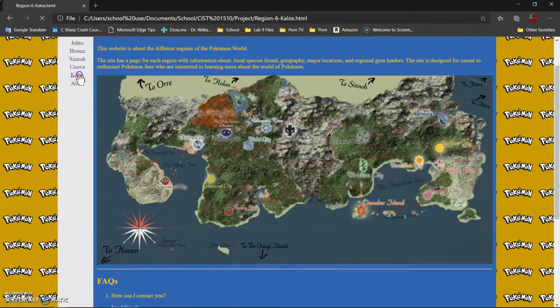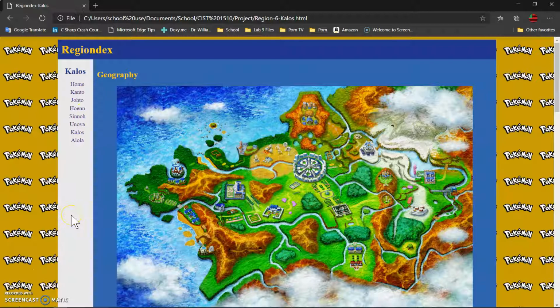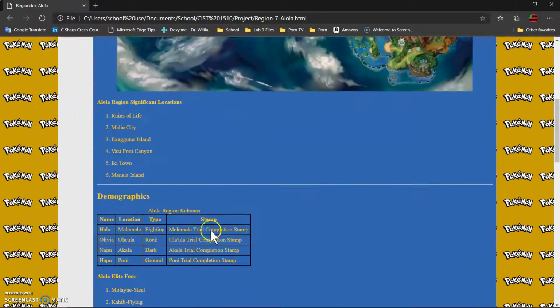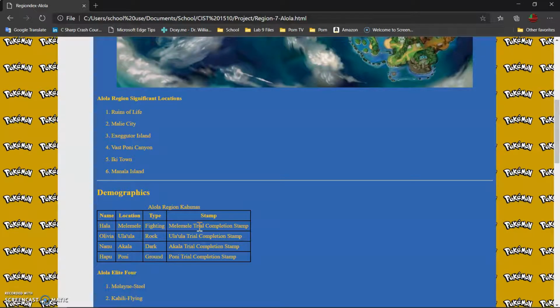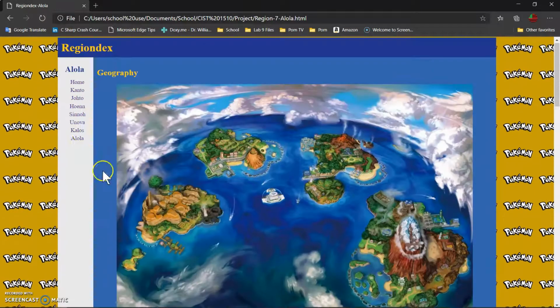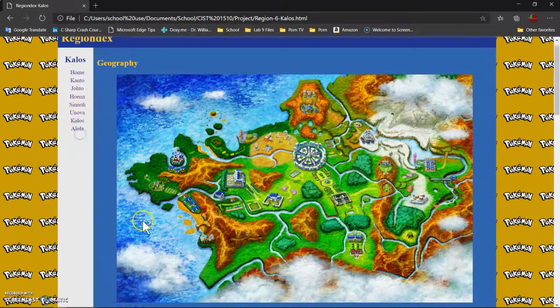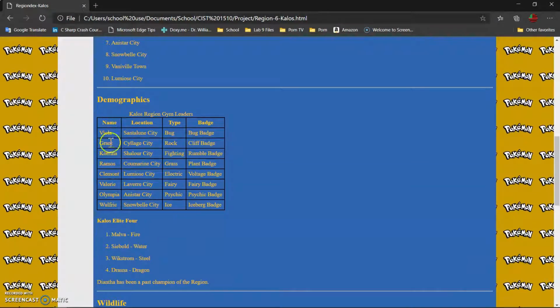Another challenge I had was the difference in region 7 compared to regions of the previous 6 generations. Regions 2 through 6 had 8 gym leaders and 8 gym badges, which made the difference